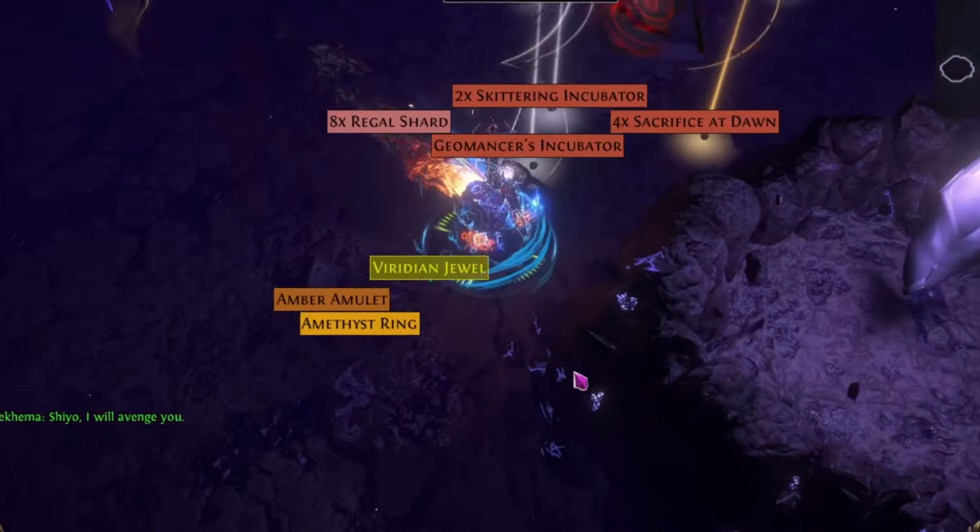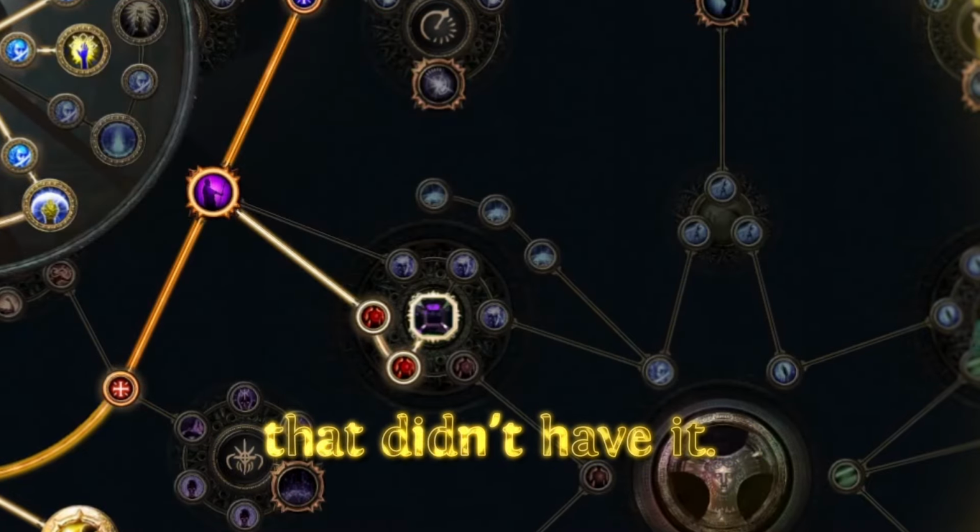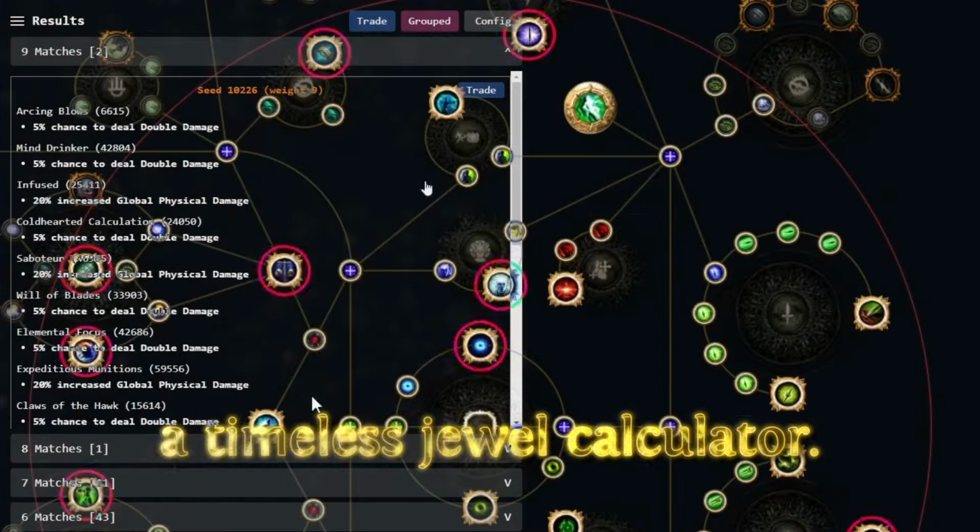The main rewards of surviving Chicago are timeless jewels, which introduce RNG to the one place which doesn't have it. Didn't have it. I'm not joking, someone made that timeless jewel calculator. You also have incubators. I feel like I will say something unfathomably stupid if I covered this any further, so